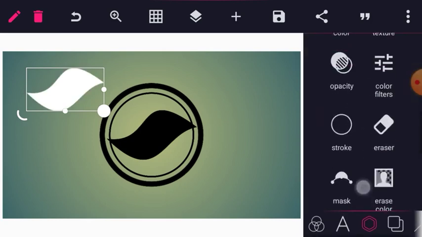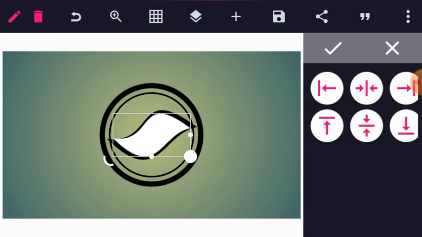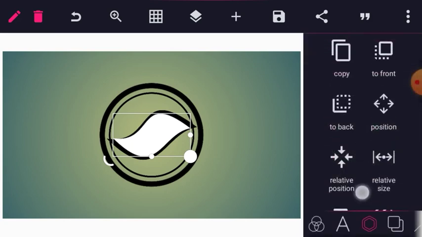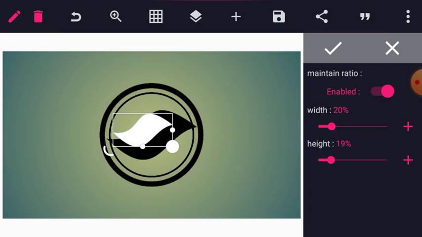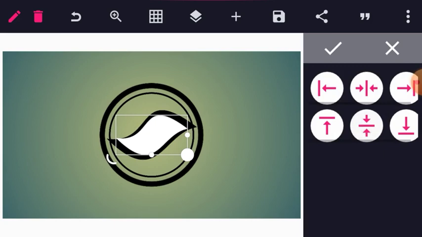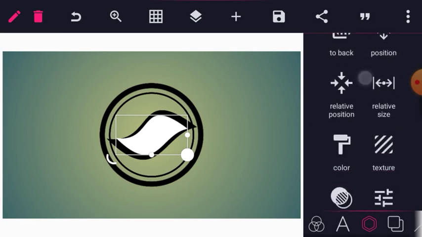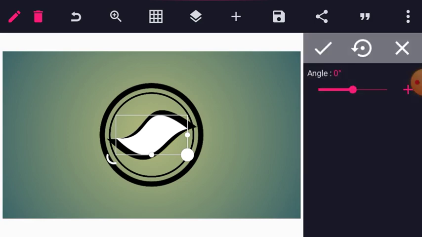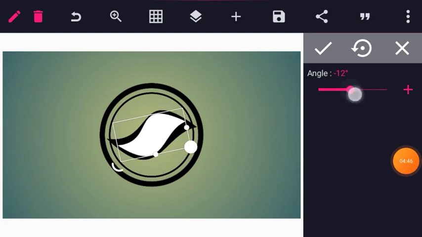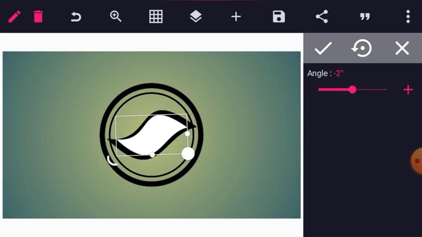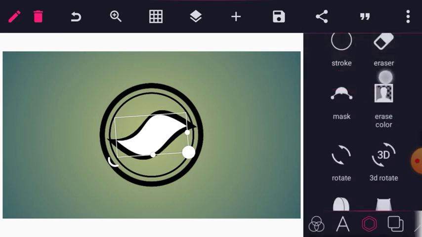Sorry. So I'll head to relative position now and position it at the centers. So let me reduce this more. So I'll click on relative size and reduce it to 24 and position it at the center. So I will head to the rotate tool and rotate. So I'll leave this at -4 and I will copy again